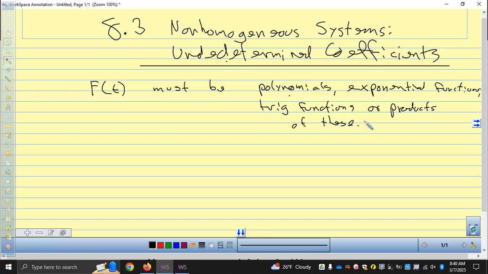And we pick the functions for our particular solution, the form of our particular solution, in the exact same way. We look at the form of f of t, and we pick the form of our particular solution. So I just want to go through a couple of examples